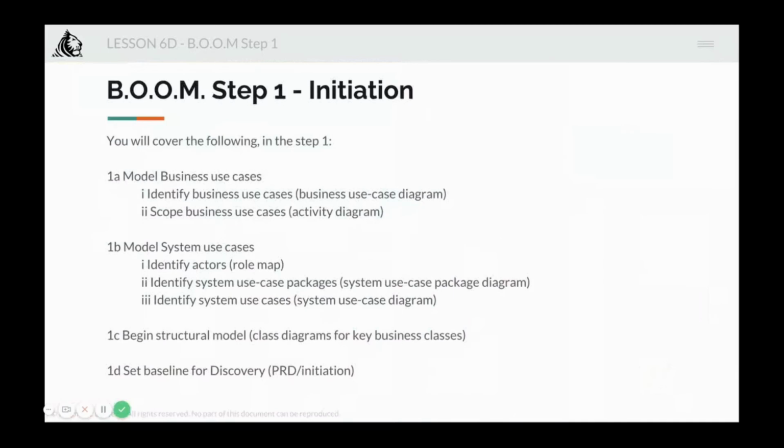Then you should be creating a system use case, which is identify the actors, identify the system use case packages, and identify system use cases, right? Then you should start with structural modeling. So you should create some sort of a class diagram to identify what are the classes, what are the objects involved, and finally set baseline for the discovery. So as to, you can come back once the entire process is done. You can come back and see where did you start from and what was the output expected at the initial stages,